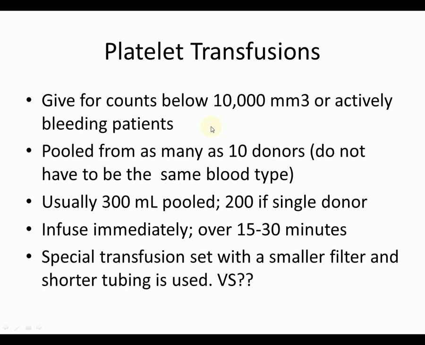Now, let's talk about your platelet transfusions. You want to give platelets for counts that are below 10,000 per millimeter cubed, or actively bleeding patients. It is pooled from as many as 10 donors. It does not have to have the same blood type. It's usually about 300 milliliters of pooled blood,